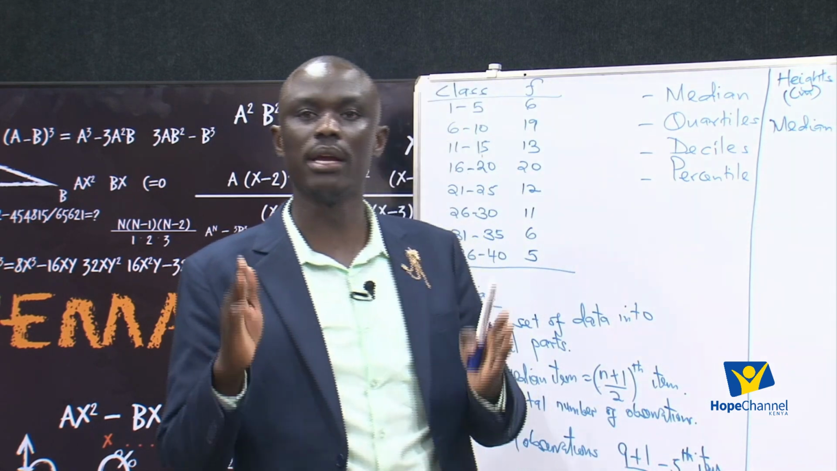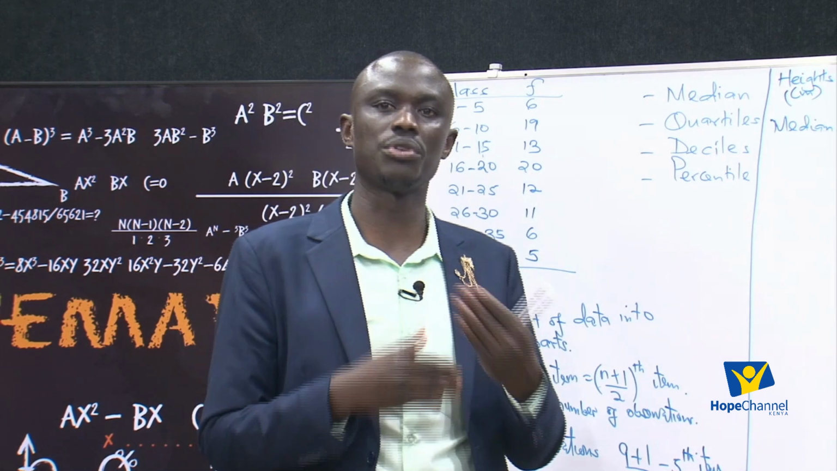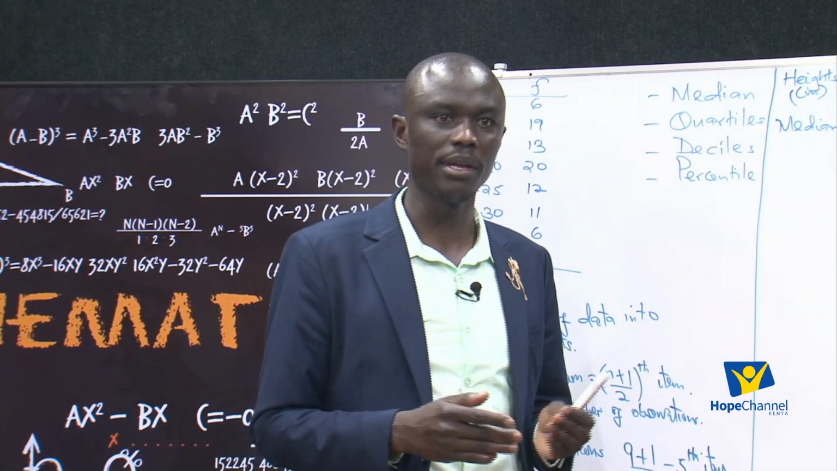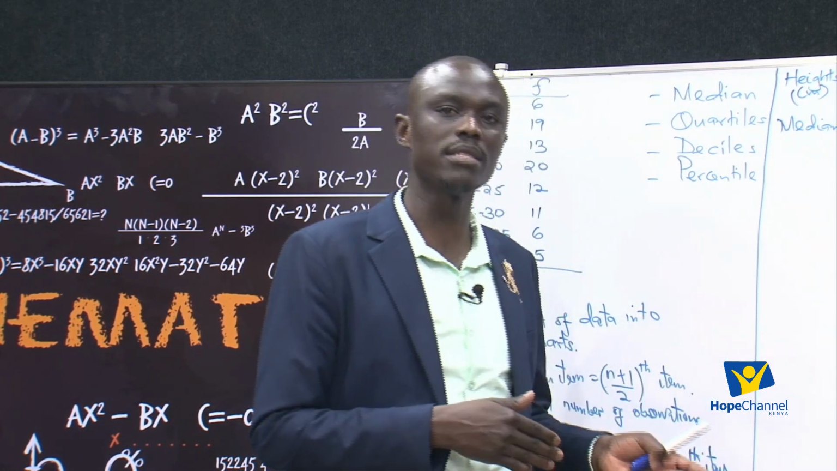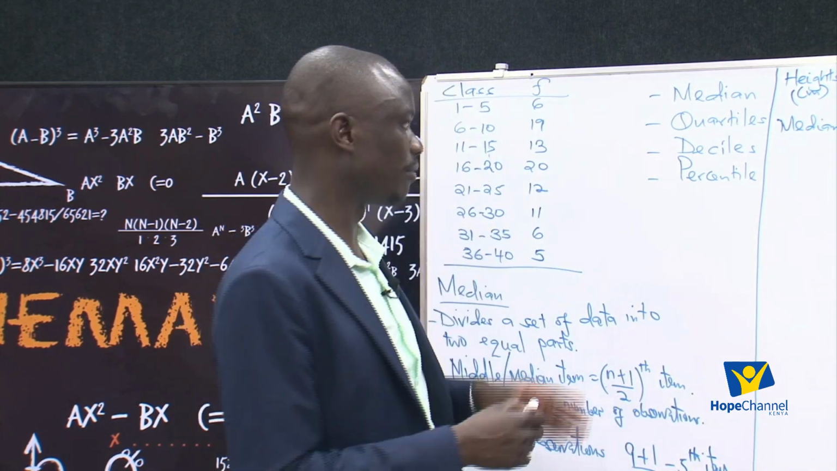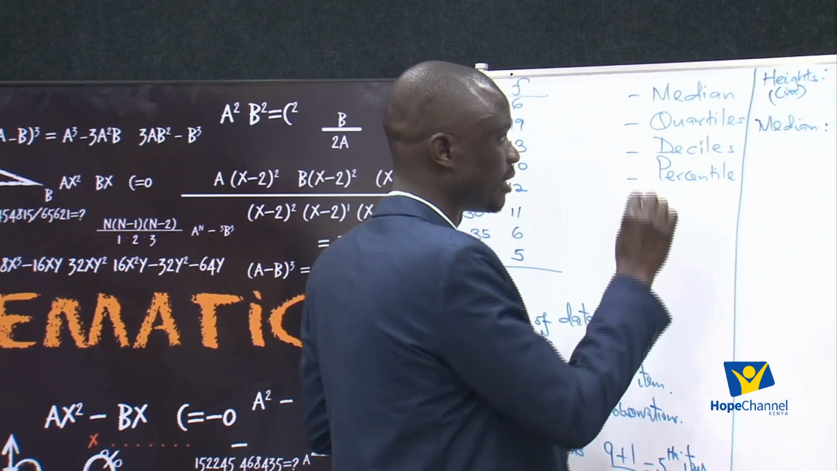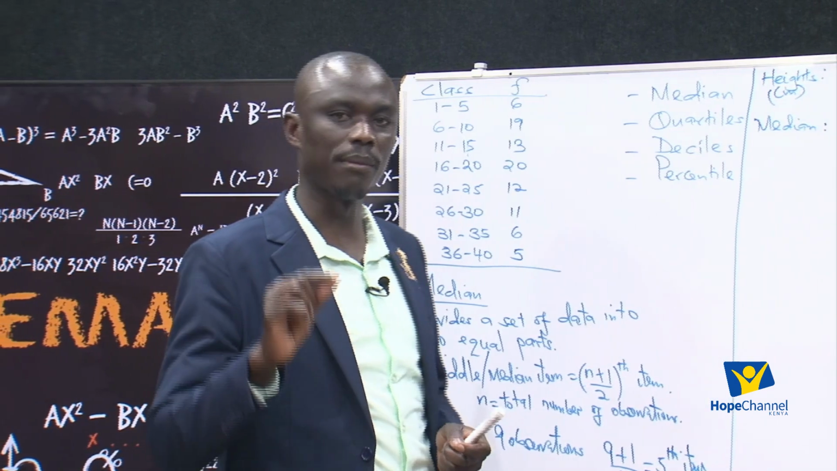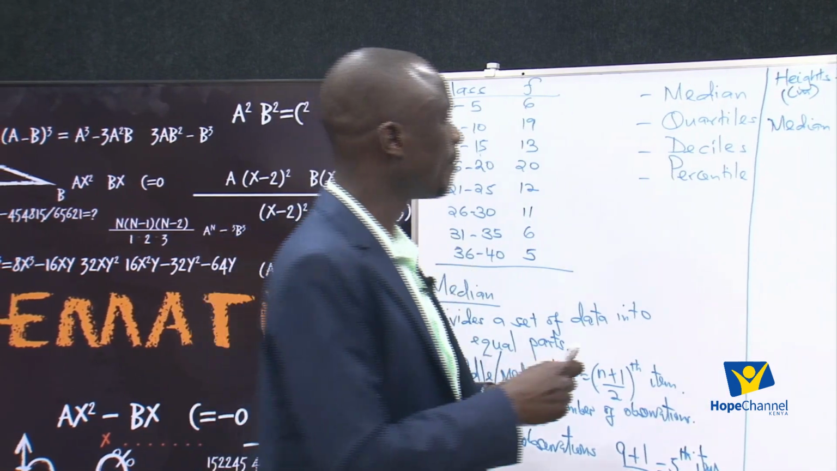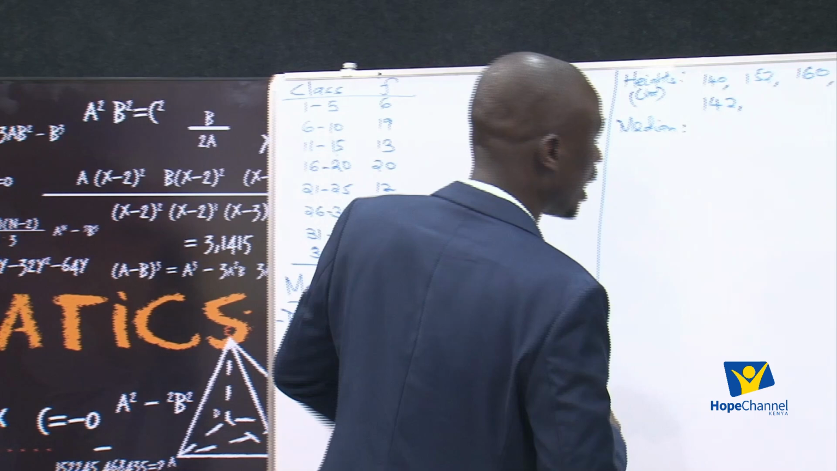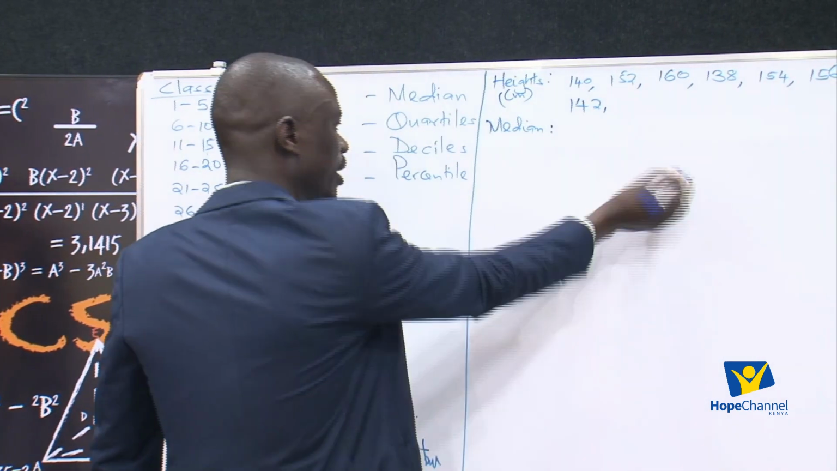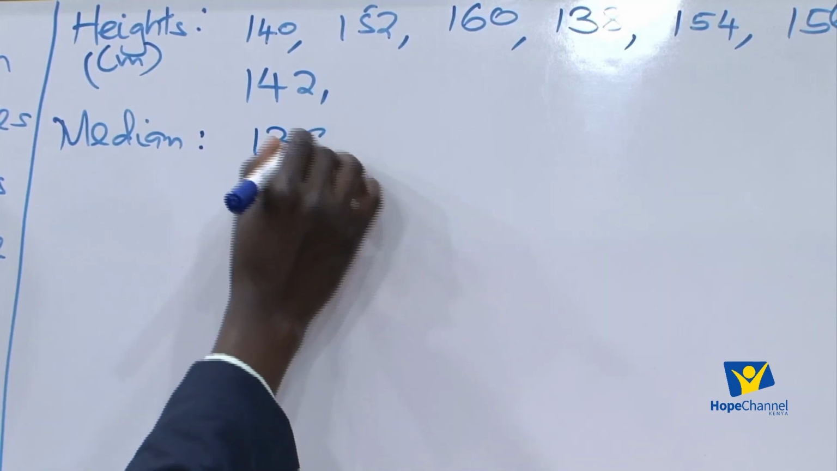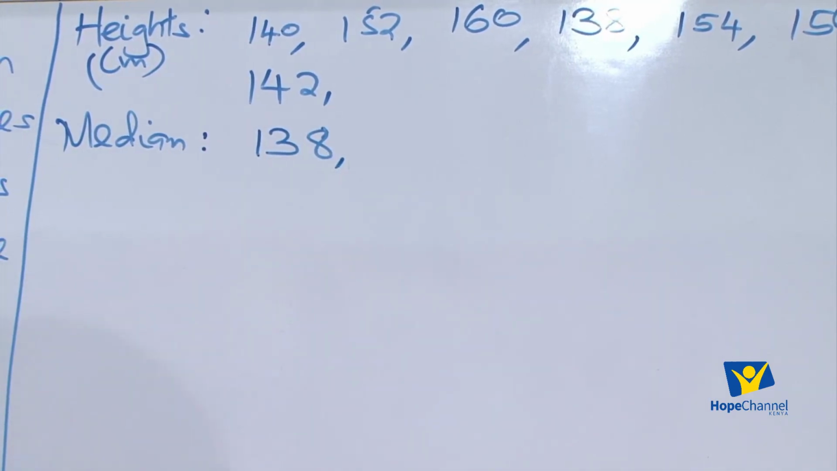what we call arrangement. You need to sort your data in ascending order first, arranging them from the smallest to the largest. So first of all, we begin by sorting this data. The smallest here is 138, followed by